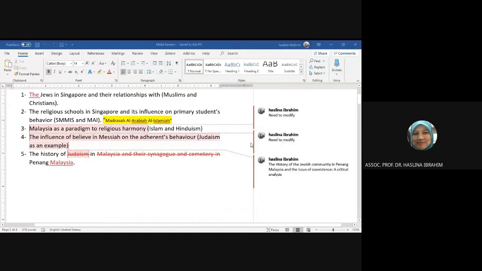I said you need to modify it, right? Or this is the influence of belief in Messiah on Malaysia as a paradigm to religious harmony in Islam. I think you will have to polish or narrow this down, because actually it is not about harmony. Maybe you don't look at it as a paradigm. Maybe you can say, the relationship between Muslims and the Hindus in Malaysia,